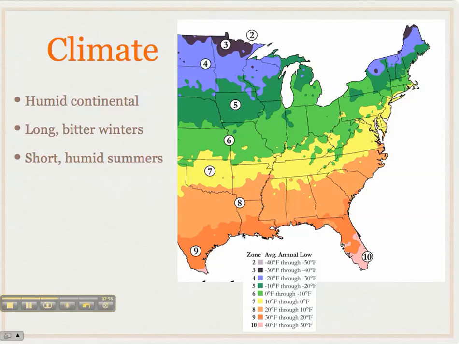All right, the climate. This map shows the average lows and gives you the strips of climate across the country. The average lows are important because some plants just aren't hardy enough to make it through the winters. Up here in Michigan, according to this, the average annual low temperature in lower Michigan is somewhere below zero. And then we get down into the South. We'll talk about that next time. I want to make sure I'm talking only about the North here. We have long, bitter winters and short, humid summers. It can get very hot, obviously up to 100 degrees in the North too. So lots of variance, those four seasons.